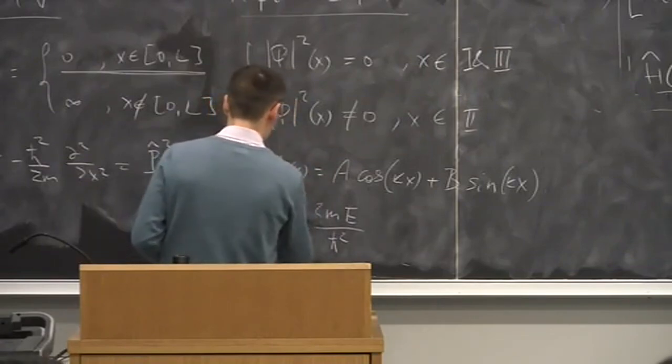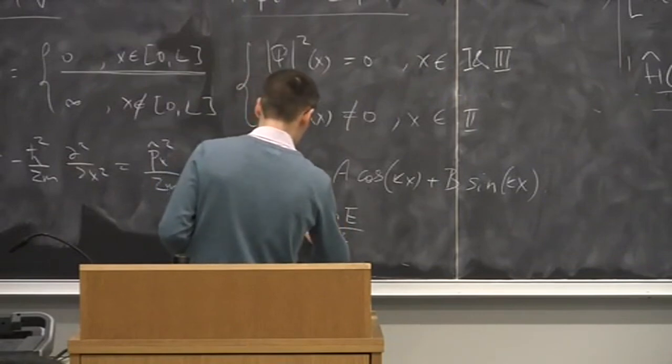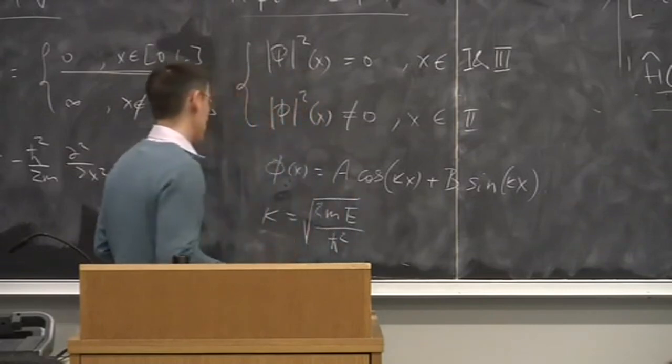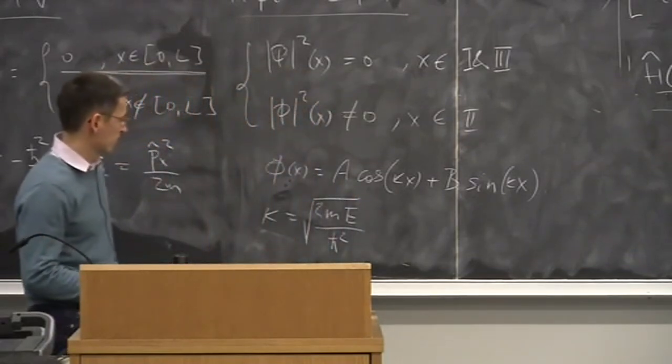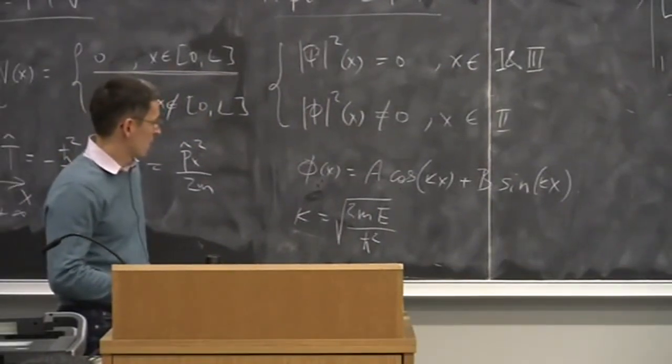So it's k squared. That means we have a square root